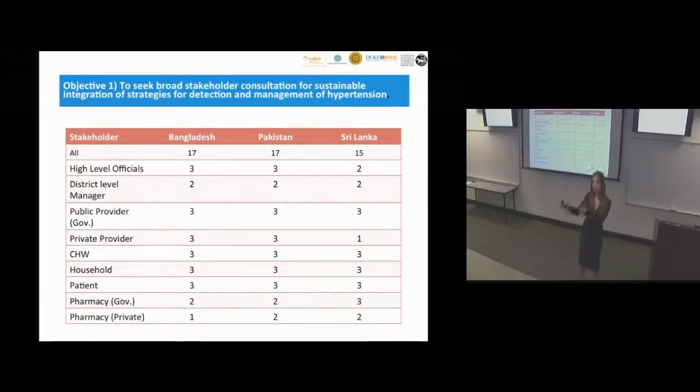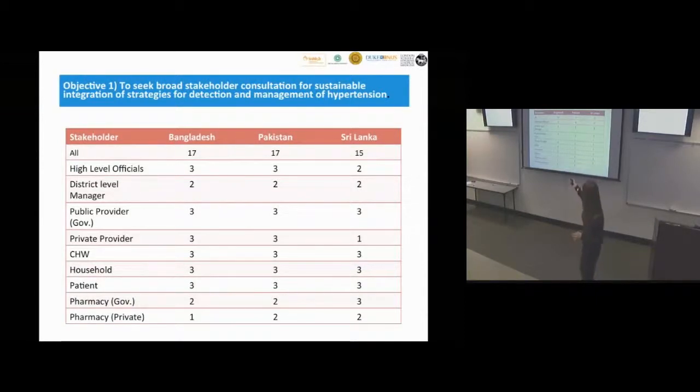They're about 2 hours away. Each one of these areas is about 2 hours away from a central metropolitan city. So the Bangladesh site was 2 hours away from Dhaka, Pakistan 2 hours away from Karachi, and Sri Lanka 2 hours away from Colombo. So they're all pretty much similar in terms of distance from your major city.